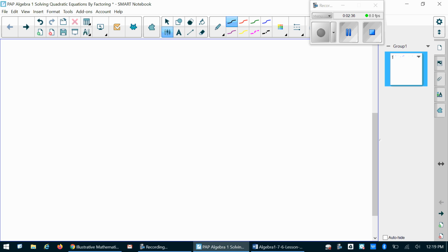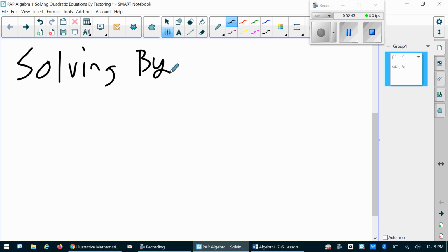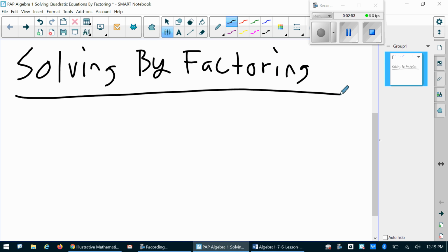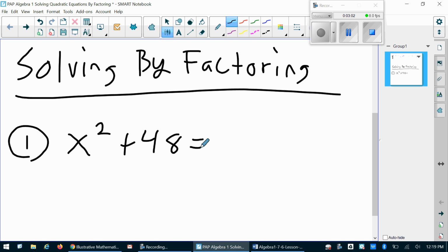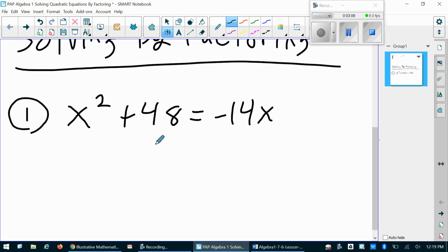Okay, let's solve this example 1. We are solving by factoring. Okay, example 1. Your directions are to solve this equation. First thing to know is this is a quadratic equation because of